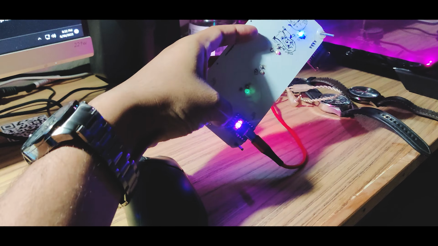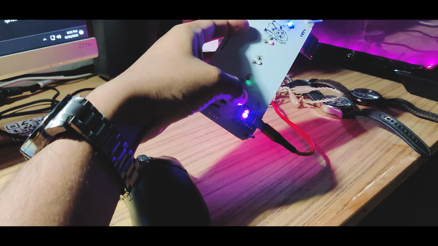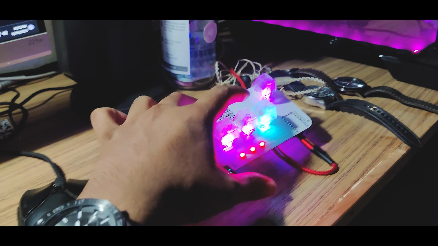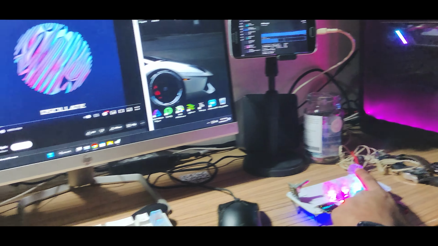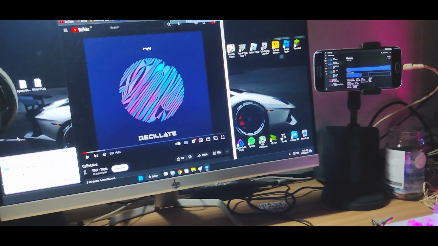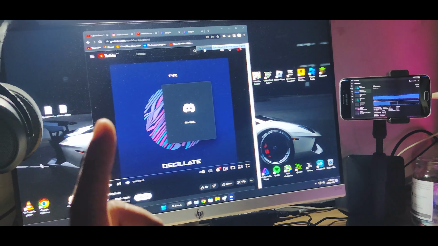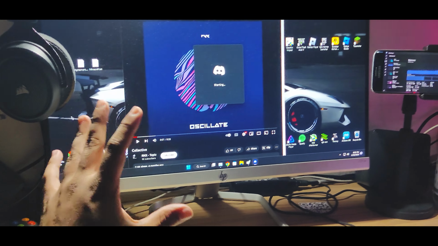And this is a Raspberry Pi Pico. Let me show you some cool stuff. For example, this blue button launches Discord, like this. This is really cool. What it does is that CircuitPython runs